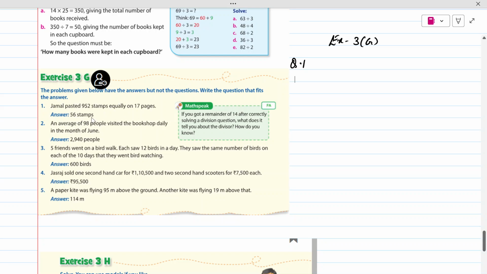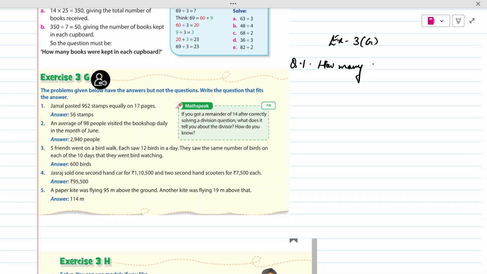Kids, if you divide 952 stamps by 17 pages, you will get the number 56 stamps. So what we are asked to do here is, we are given that 952 stamps are pasted equally on 17 pages, and then the rest of the question is